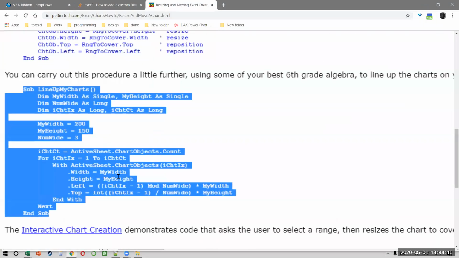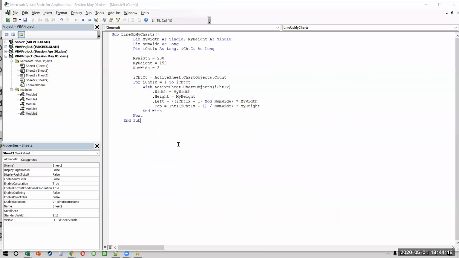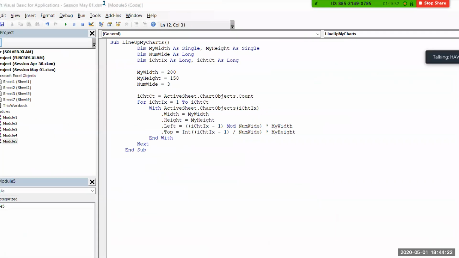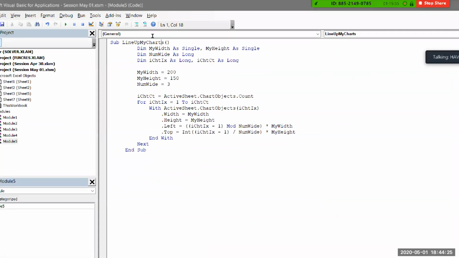Okay. So not a very difficult code. If you notice, we don't need to read all of it, just get some broad idea of how it works. We are, of course, defining my current width and my height. Single, remember, is just a data type, which is a number. Then my num height, and then I'm using ICHT, CT, and IX, which I don't know exactly, probably that's the axis that we're choosing. So my height and width I'm defining, which is 200 and 150. The num height is the number of charts I want in one row. And then I'm running a loop from my first chart to all the charts.